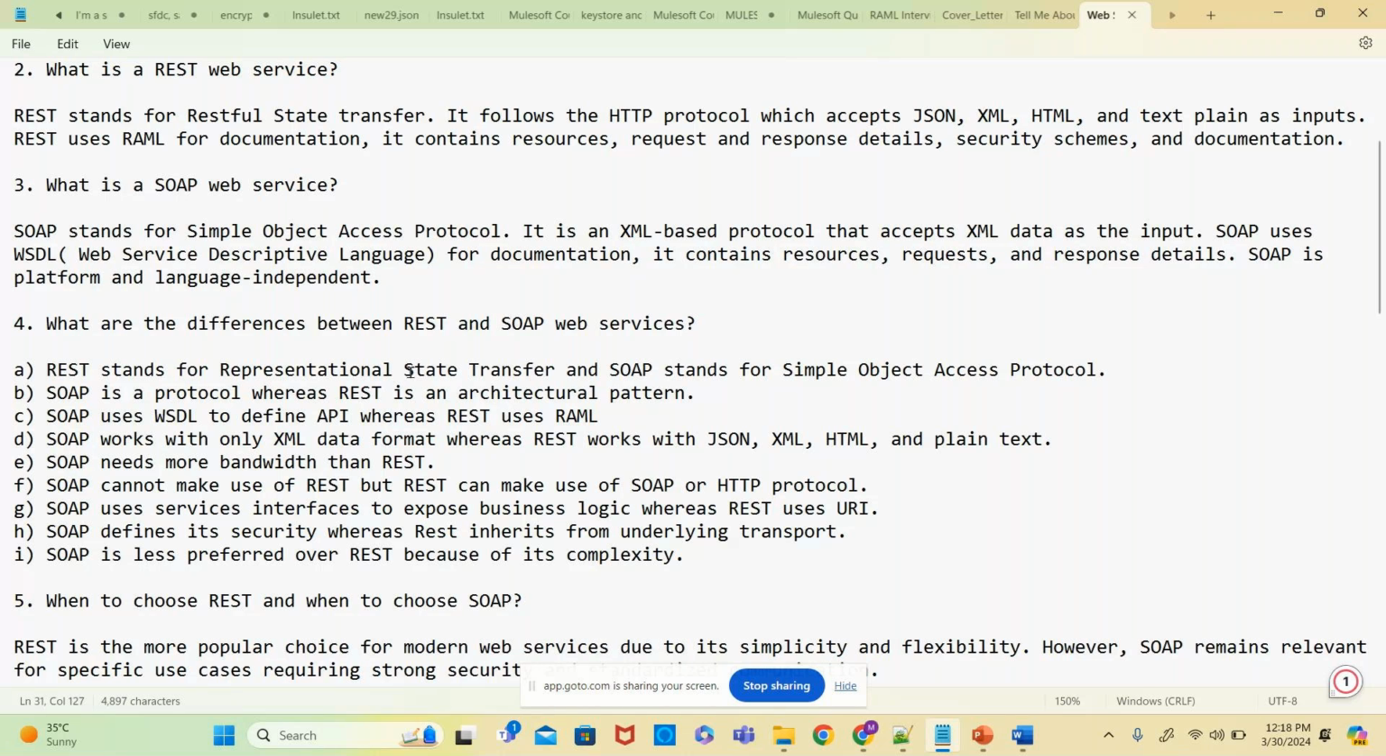See, I have written almost 8 to 9 points here. If you can answer 3 to 4 points, that's more than enough. Okay, and SOAP uses service interfaces to expose business logic, whereas REST uses URI. Whenever you try to use a web service consumer, you can see operations, right? In the drop down. Those are interfaces exactly. Okay, whereas REST